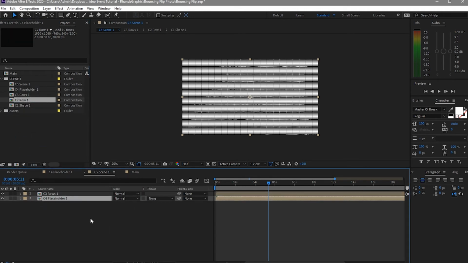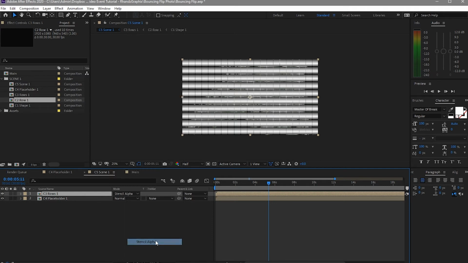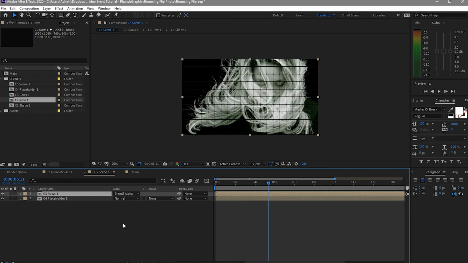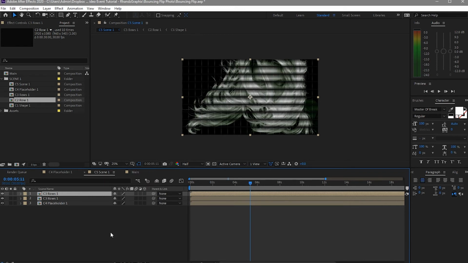I will change the C3 rows 1 to stencil alpha, and then duplicate this rows 1, and first I will change the blending mode to multiply. I still have to toggle the switches and check the collapse transformation,